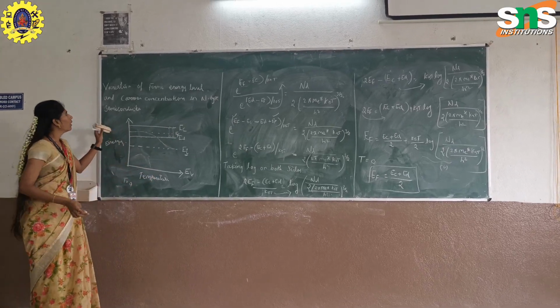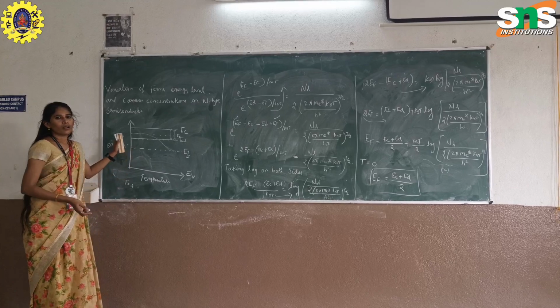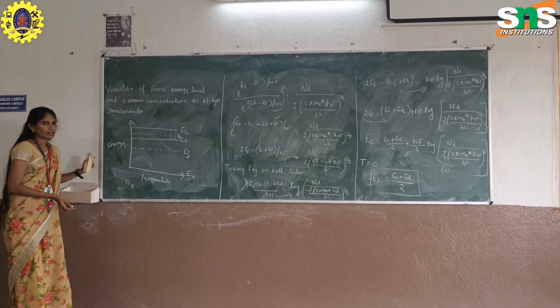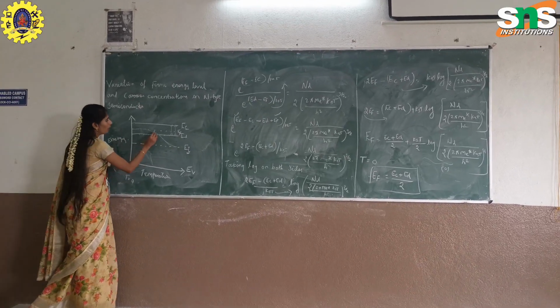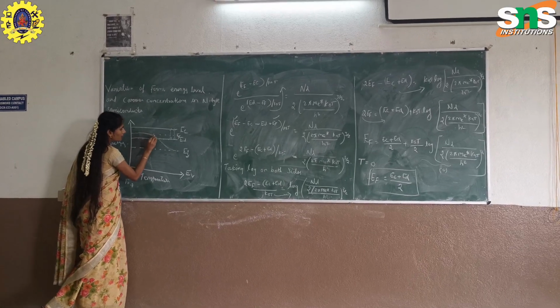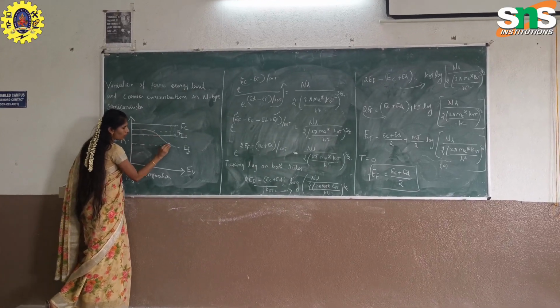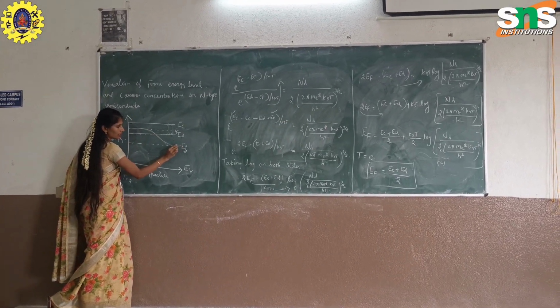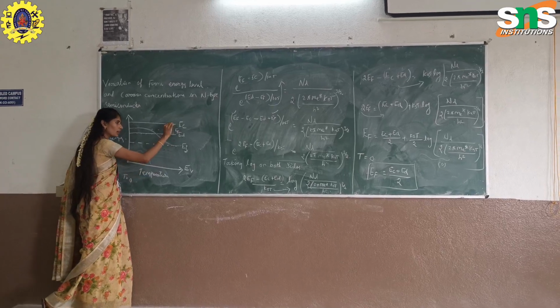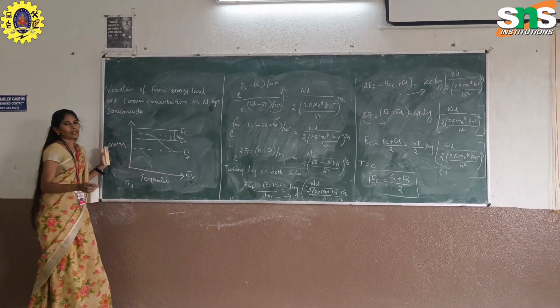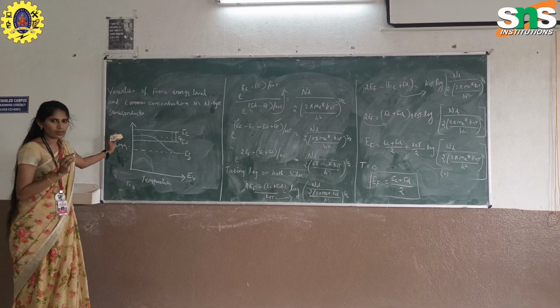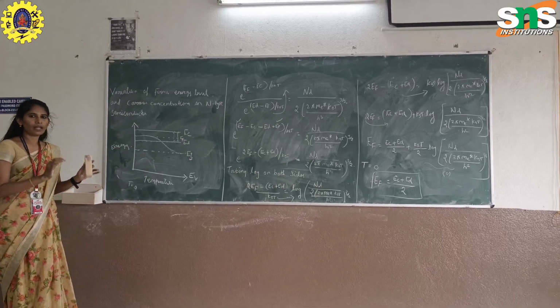This is the diagram of Fermi energy level with temperature. The Fermi energy level is reduced up to the level of the intrinsic semiconductor. So we conclude that in an N-type semiconductor, the Fermi energy level is always at low